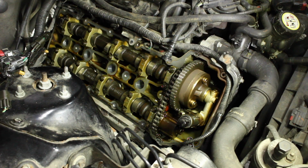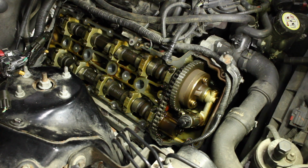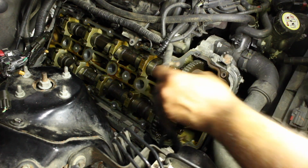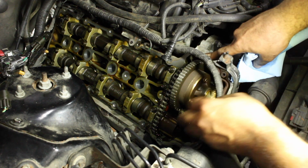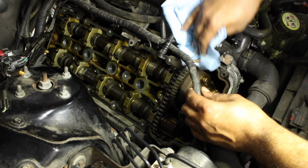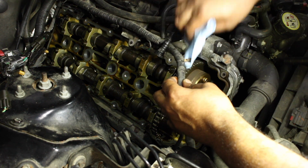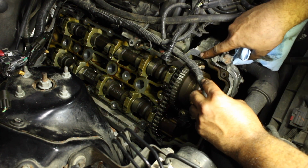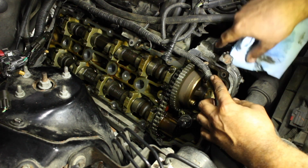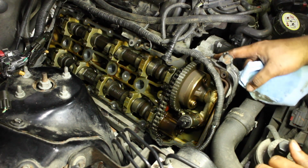Alright, so now the next thing to do is to clean off the mating surface. Luckily, because this is not an RTV gasket, you don't really have to, or you do. You should wipe it down. It's not like crazy hard to clean. But right here, and right here, is where some black RTV has to go. So you definitely want to clean off the old stuff, because RTV will not mate to RTV. If you look down in there, you can see like a trail. You can't really clean that off, and you don't want to clean that out, because that's actually where the